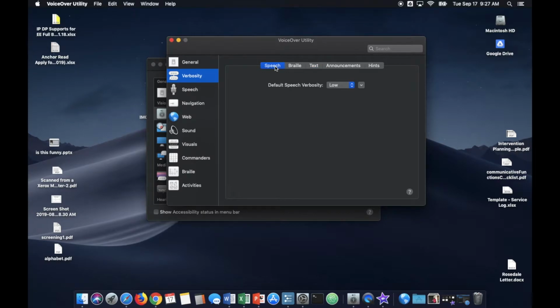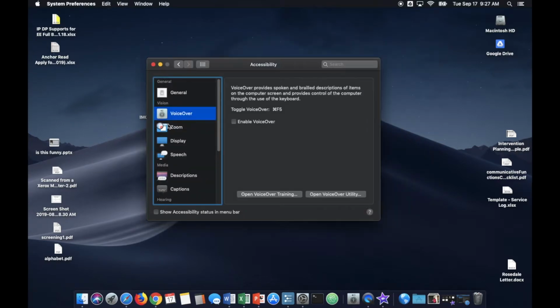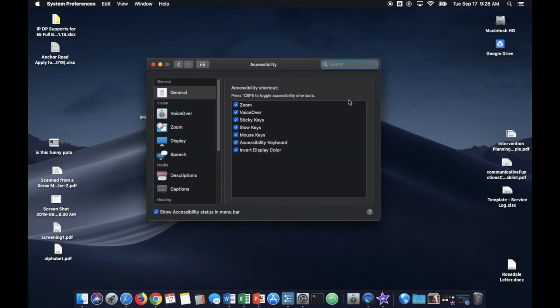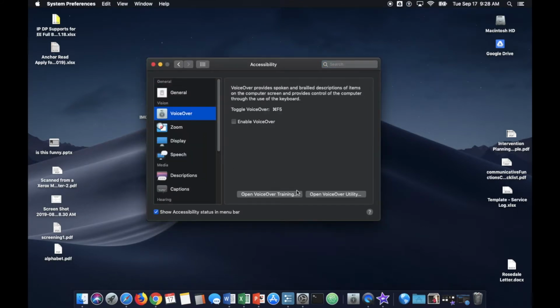One thing I also like to do is click on Show Accessibility Status in Menu Bar. That makes it easier. You can see it right here, a little accessibility icon. It makes it easier to open up this utility instead of having to go to the Apple icon and System Preferences and all that. So you can either start from there or click on this, VoiceOver,